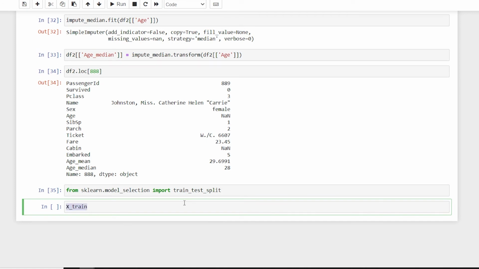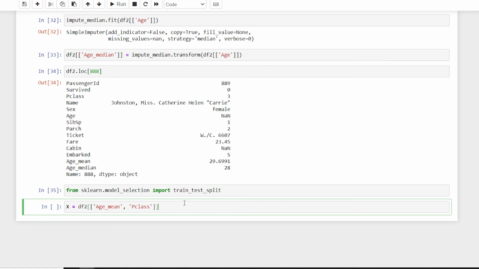Okay, so I'll say first X is equal to df, and I'm going to feed it age mean, df2 age mean, and let's say Pclass, so passenger class, and age mean.